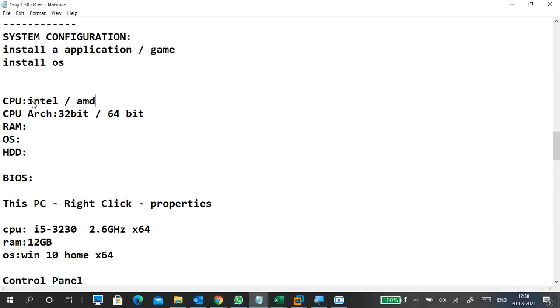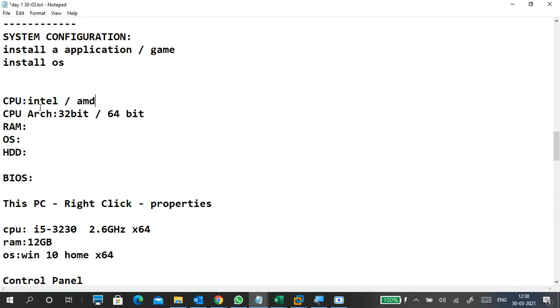Xeon processor is there. Okay, so different kinds of processors are available. Intel type processors, AMD type processors, Pentium Gold, Dual Core, Celeron N4000. We have seen that's a laptop Celeron. So what is that processor? We have to check it.